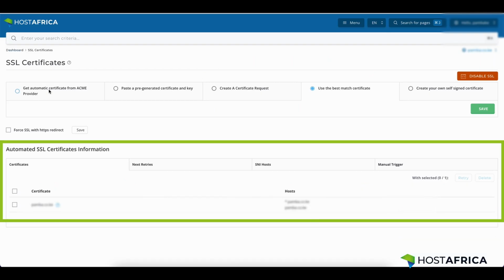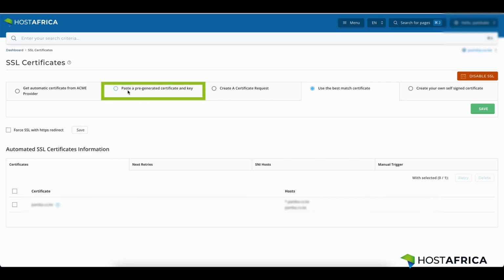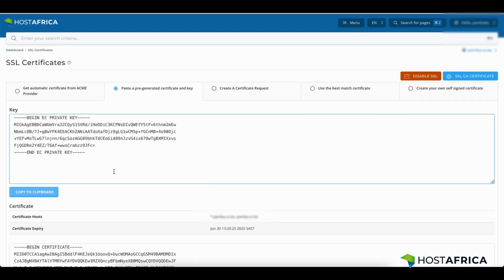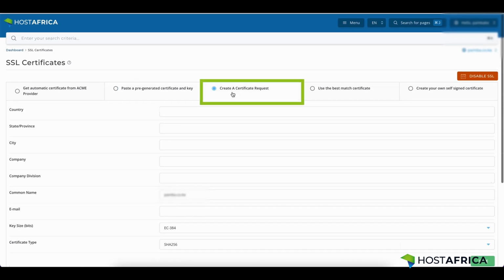While here, you can get an automated certificate from your provider. You can also paste here your key if you have already purchased this certificate from elsewhere. If you are requesting this certificate from another provider to your hosting account, you can also use this option or